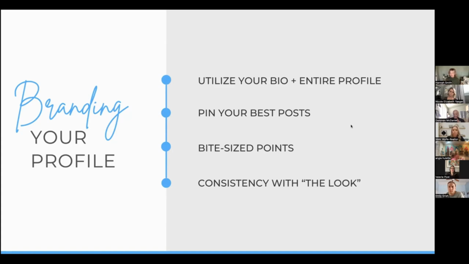And then consistency. One thing that drives me bonkers, no offense to anybody, is when you post graphics on your page that don't look consistent at all. One day you're using this font and this color, and the next day you're using this font and this color. Not saying you can ever change anything. It shouldn't look identical, but it should have that same feel, that same consistency. So if they don't see the full context of the post, they know, that's Emily. I can tell by the look of her post.